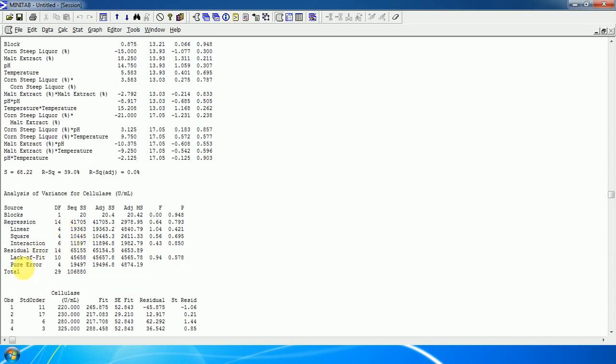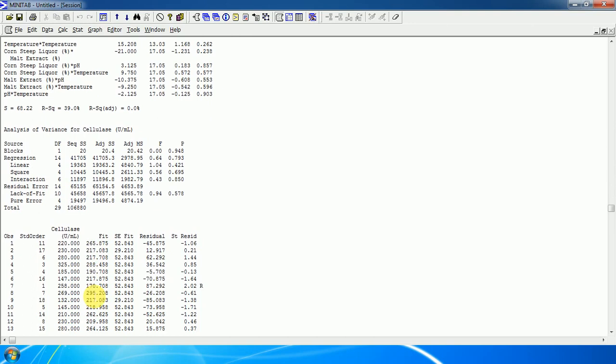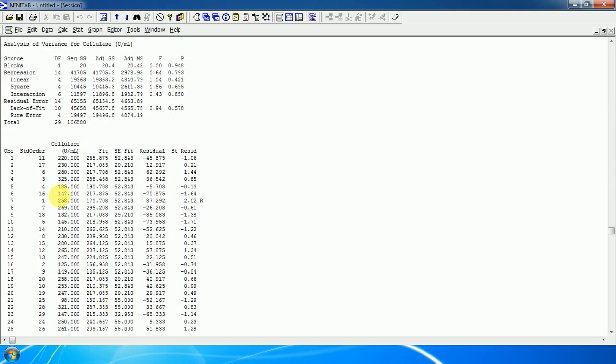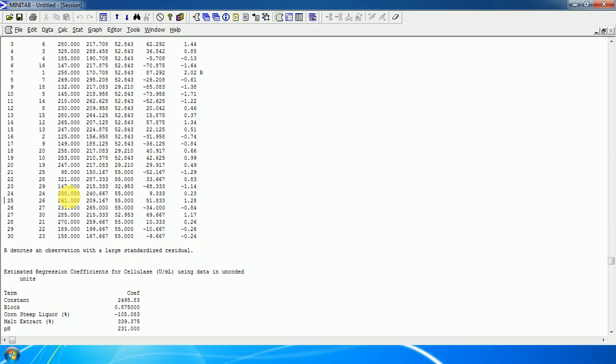We can see that this is the lack of fit, pure error, interaction between square, linear, and these are the distribution of significant in individual run order. So this has been seen that it is 265.87, run order number 1.